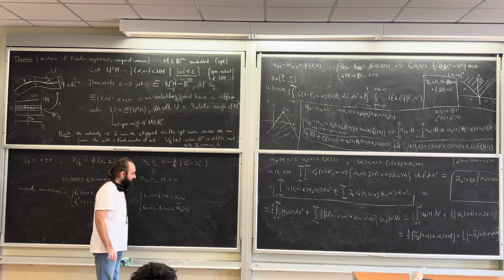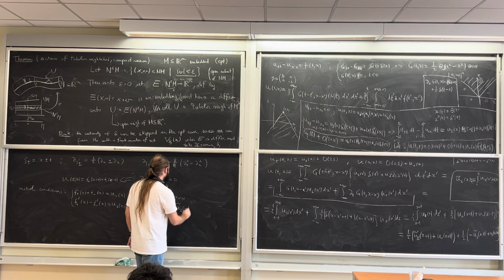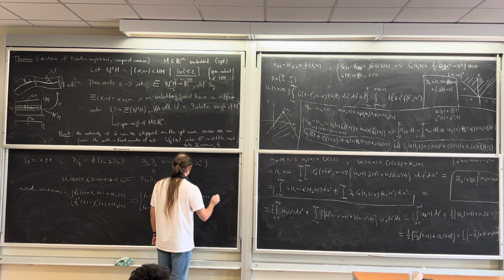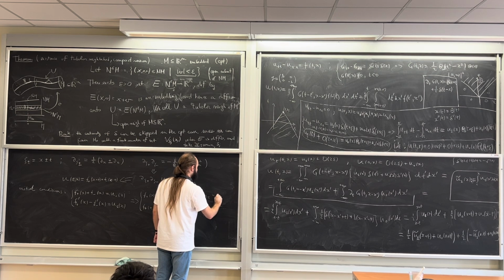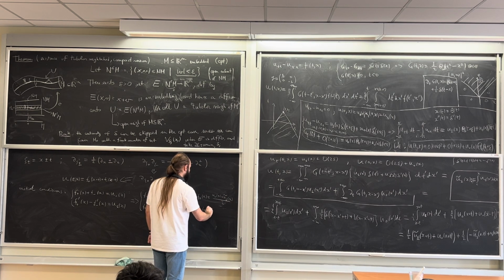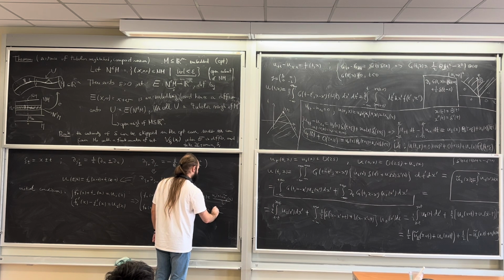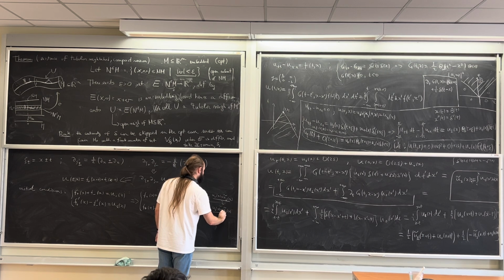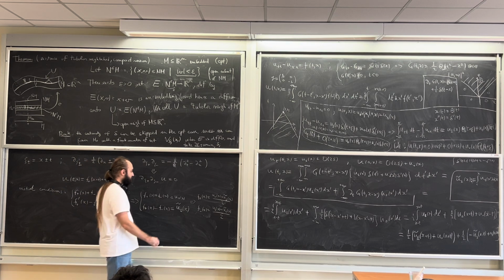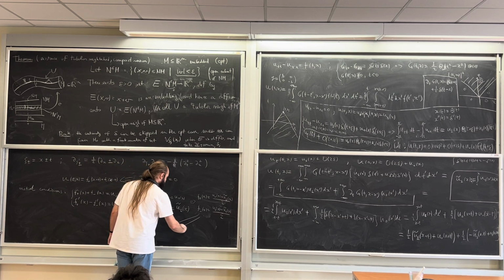We have this, and therefore f plus of x equals u0 of x plus u1 tilde of x over 2, f minus of x equals u0 of x minus u1 tilde of x over 2, and therefore